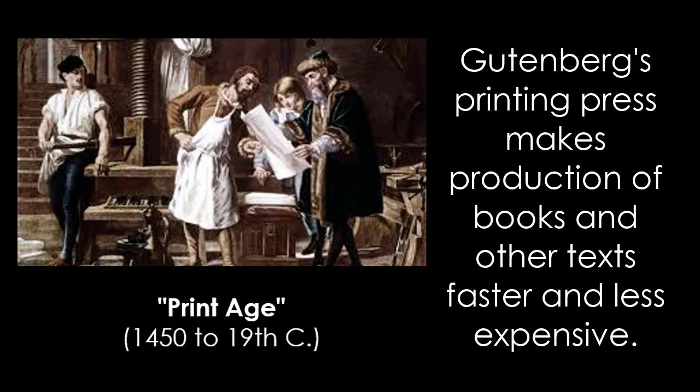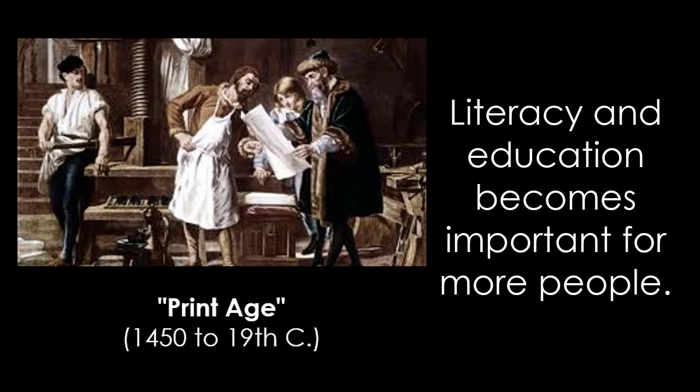So while it's not going to be something that gets us immediately to universal literacy or anything like that, once it becomes possible to not only mass produce books in a form that is much faster and much less expensive, but it's also possible to produce things such as newspapers and pamphlets and other forms of written text in a way that is much more efficient than it was when you had monks in a cloister copying these things with pen and ink, then it's going to become much more important for more people to develop educations in order to have the skills to read and write, because they're going to be able to have access to things.